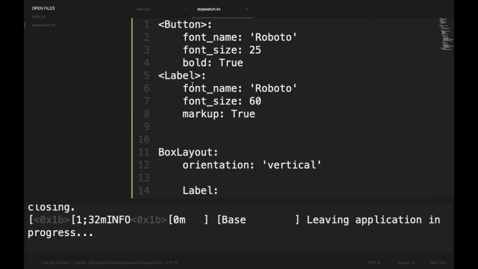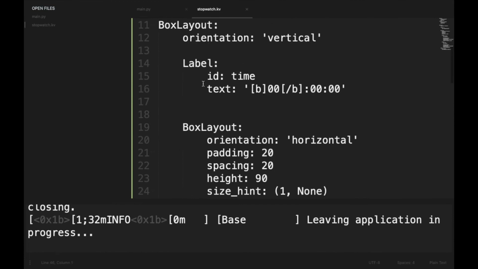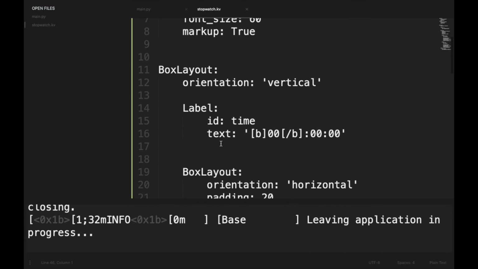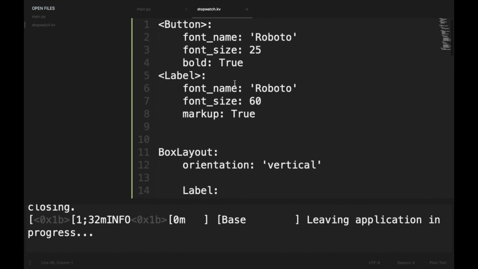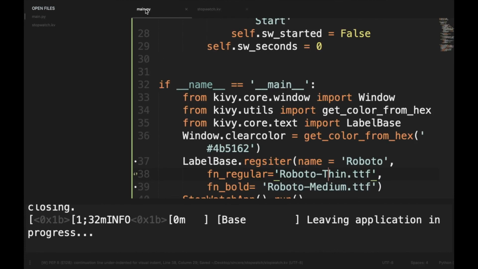So now we are good to go. But if you want some of your elements to look different than the others, then you can always add the property here, and this property will overtake the property declared above. So let's save it and run our file again.